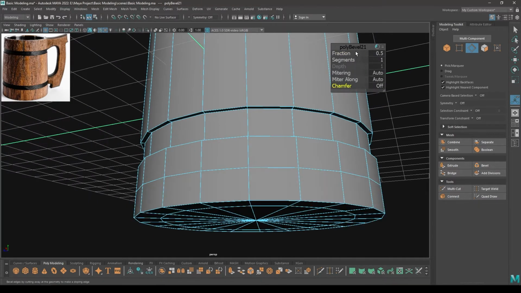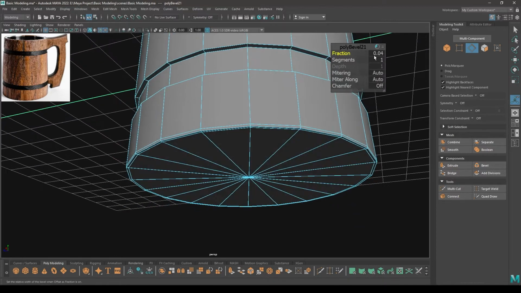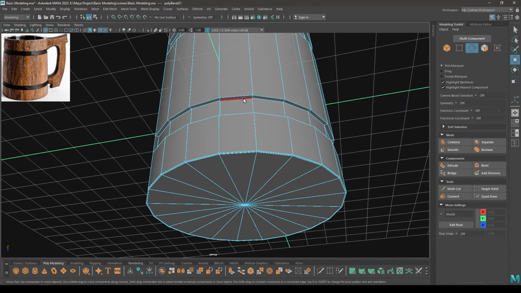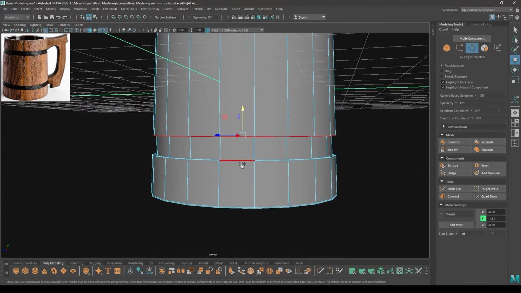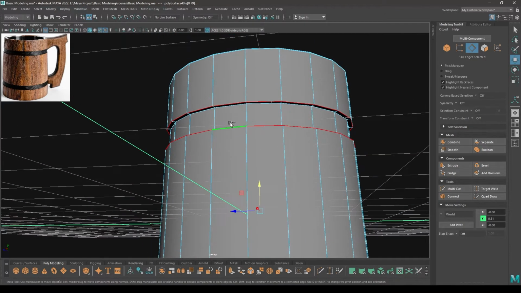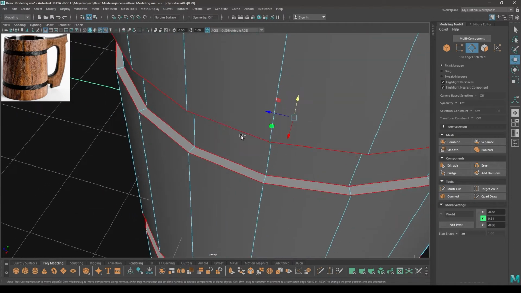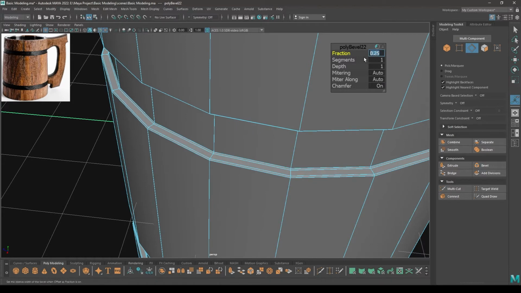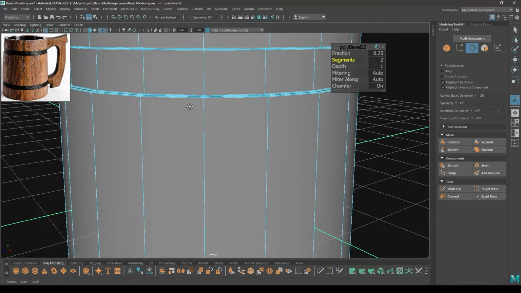Turn the chamfer off, decrease the fraction, and this time keep it 0.02. Now select these edges and again bevel, decrease the fraction, keep it 0.25 and add one segment.